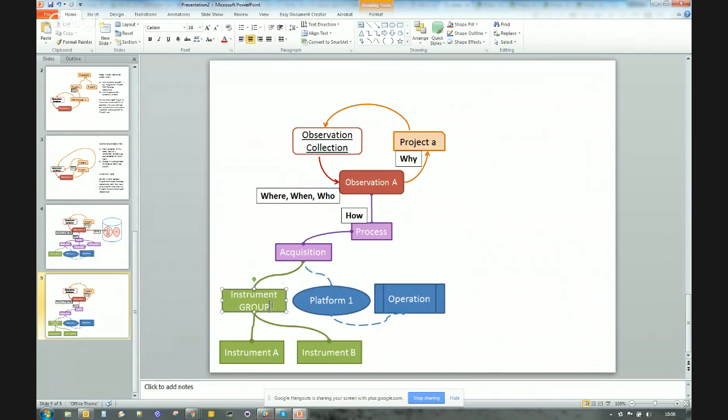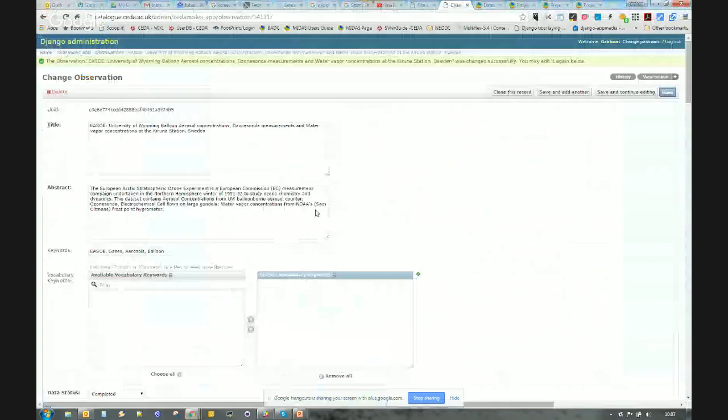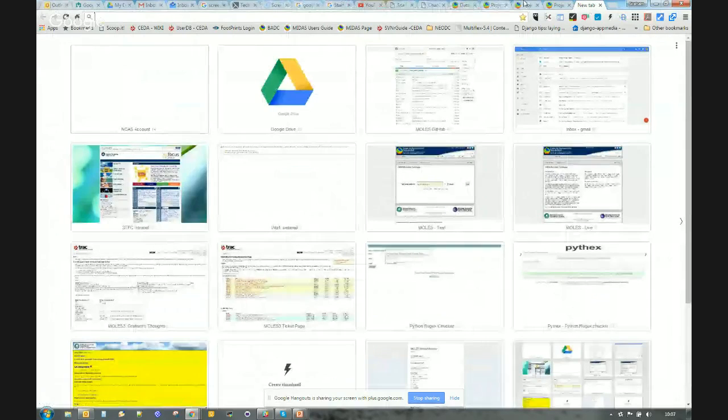And this gives us a way to then link a particular abbreviation for an instrument in the CEDA file name convention up to a particular record, and then pick up these other records that aren't described in file naming conventions otherwise. So to show that one, if we just jump straight to the admin interface again,